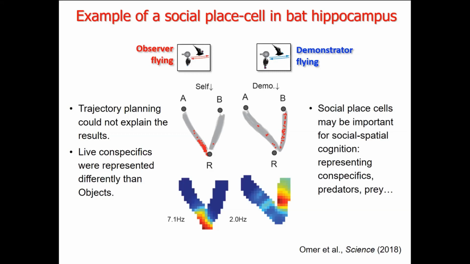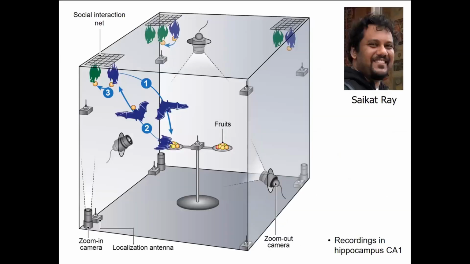Think about basketball or football players. What they're really good at, the good players, is they always know where their teammates are. They really track their positions. So maybe these neurons are what's doing that. And we've now moved, with Psychiat, my postdoc, to an even much more crazy experiment where